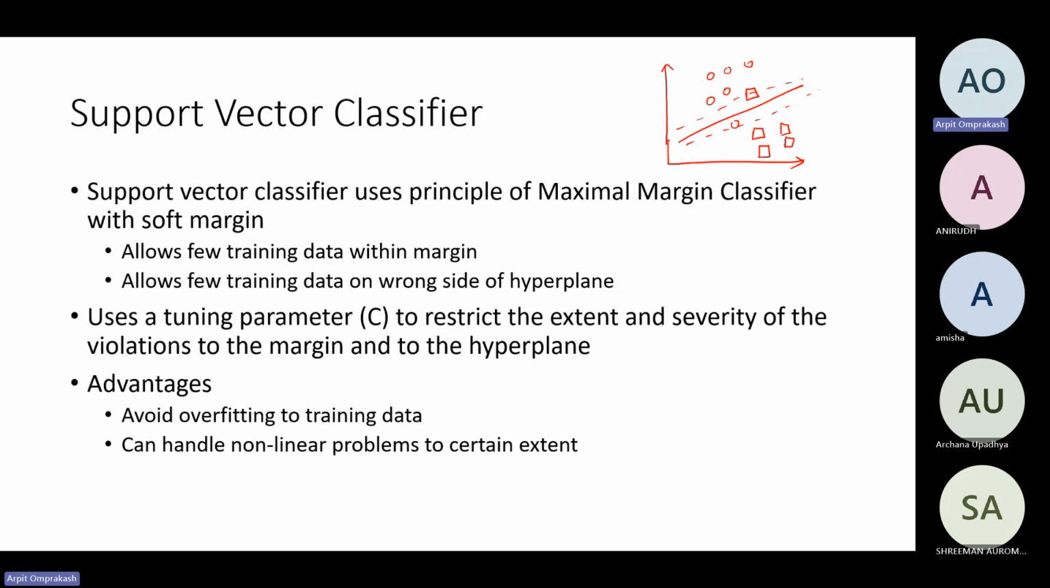Yeah, so that's it. So support vector classifier has a parameter C, which can basically restrict how much of this freedom you allow. So how soft is the margin is something that you can regulate so that you can build a better classifier. So the advantage of this is that it does not overfit to the training data and it can handle nonlinear problems to a certain extent. But